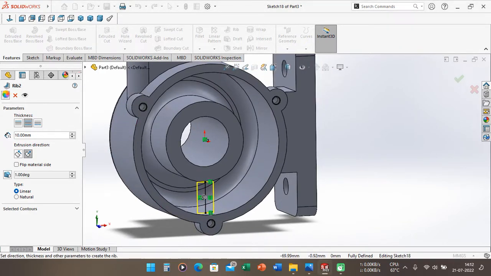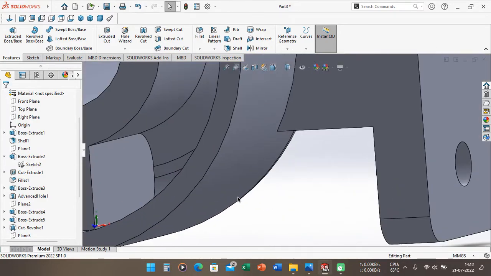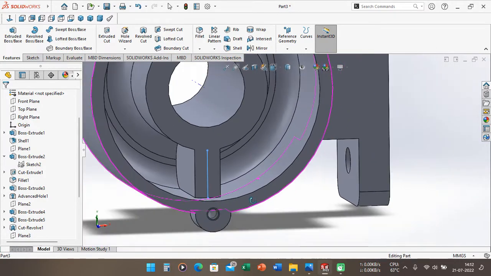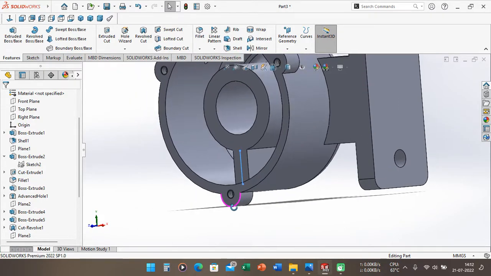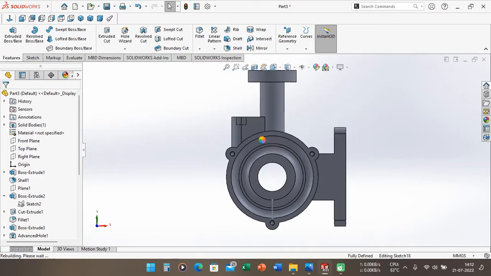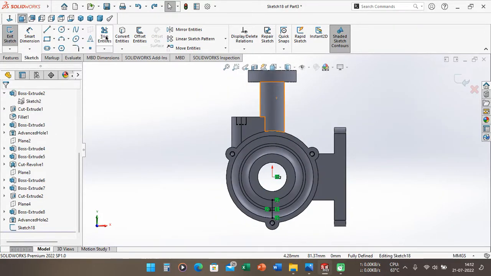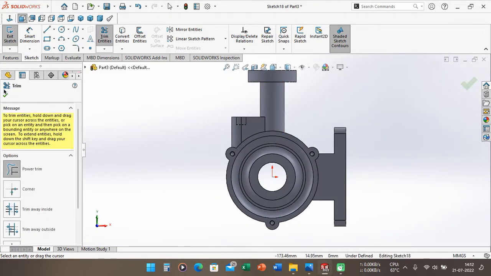So we can choose here. Wait a second, we can try again. We can make the new plane here. We can create this sketch. Okay.